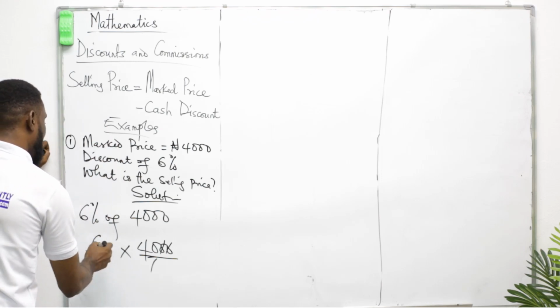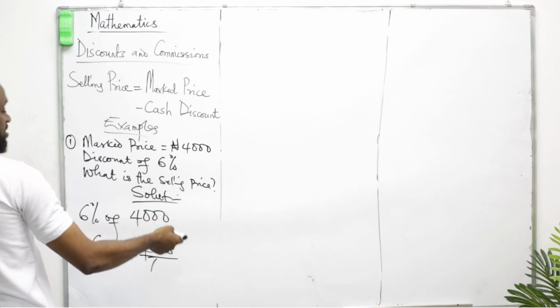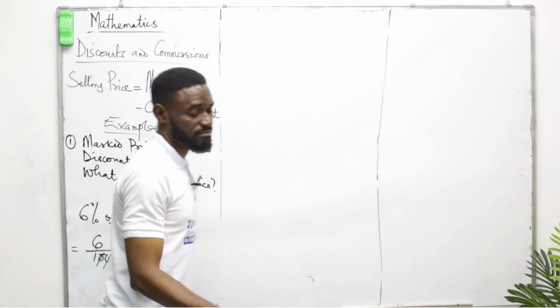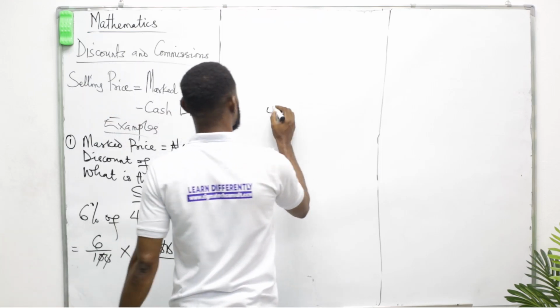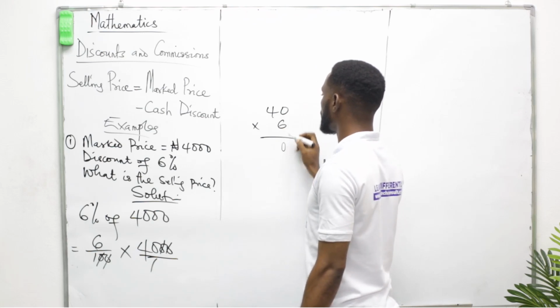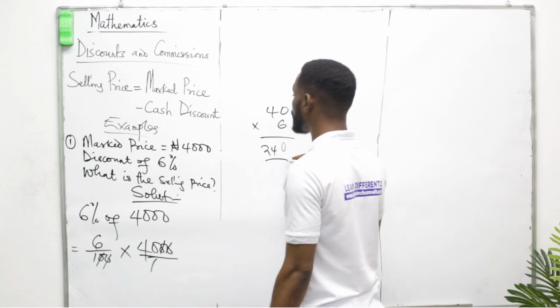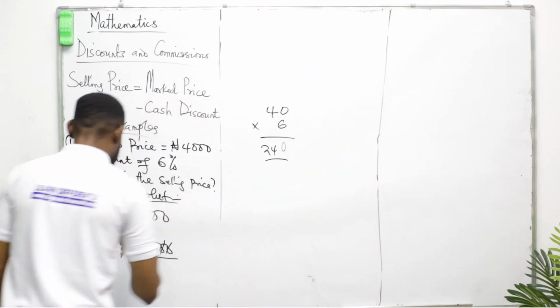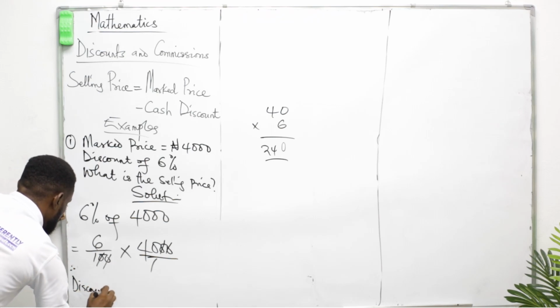Okay? So we're having 40 times 6. That is 4 times 6, that is 240. 40 times 6: 6 times 0 is 0, 6 times 4 is 24. So 240. So it means that, therefore,